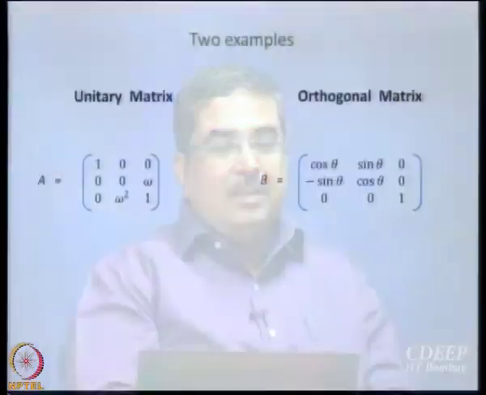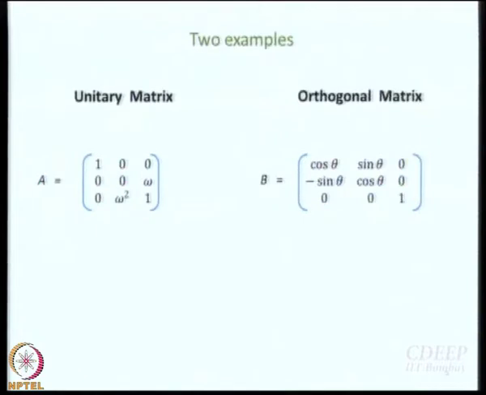Okay. Now, let us move on. Here are two examples, one of a unitary matrix and one of an orthogonal matrix. Okay. But of course, just because I say that this is unitary and that is orthogonal, there is no reason why you should believe me, right. I think Max Planck had said experimental results are the only truth, everything else is poetry and imagination, right. So, now work out the adjoints and prove to yourself that this is unitary and the second one is orthogonal.